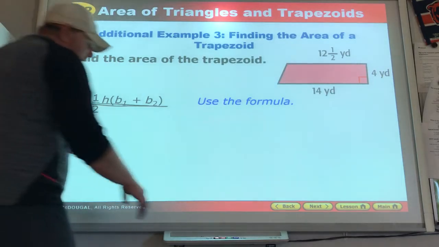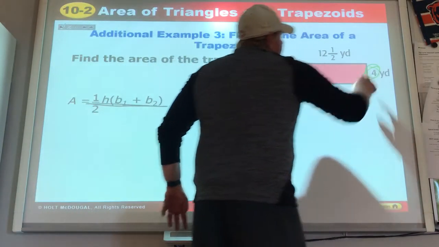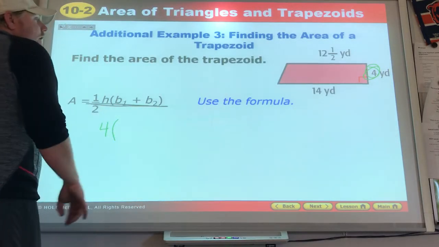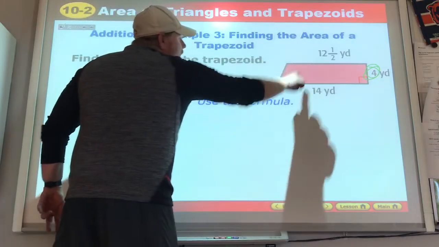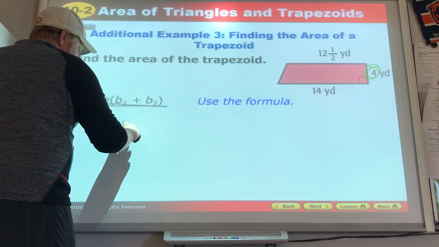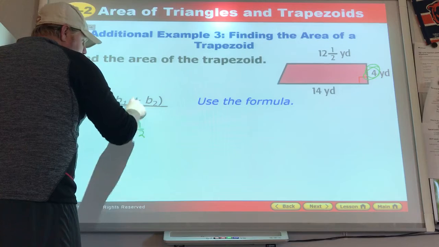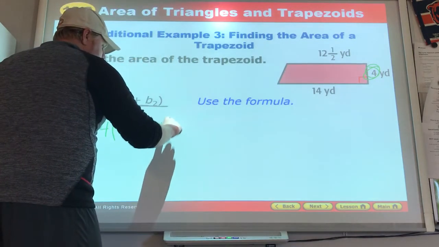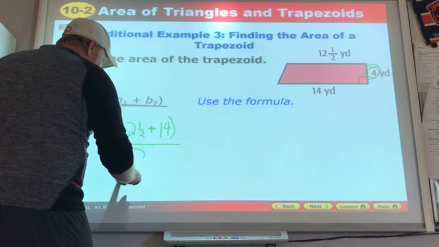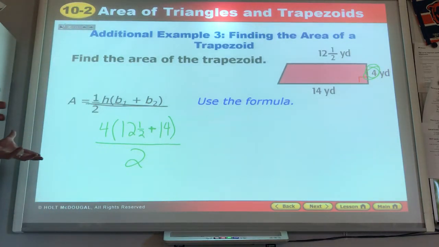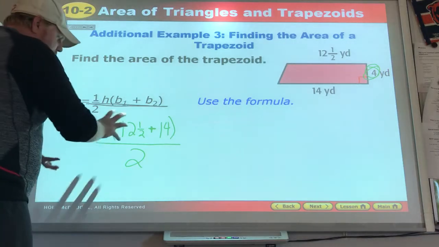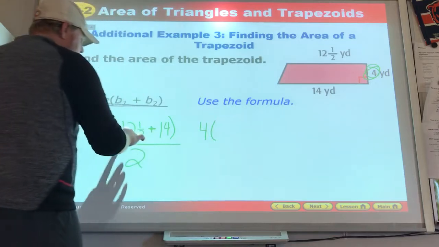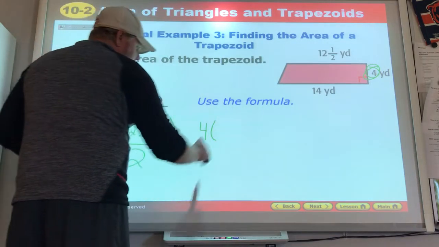I can see that our height, it's 4. Base 1, that's the top, 12.5. Plus base 2, that's the bottom, that's 14. And I divide all that by 2. I did everything I needed to do. So if I think about that, I do my next step of the problem. That would be 4 times, okay, that would be 26.5